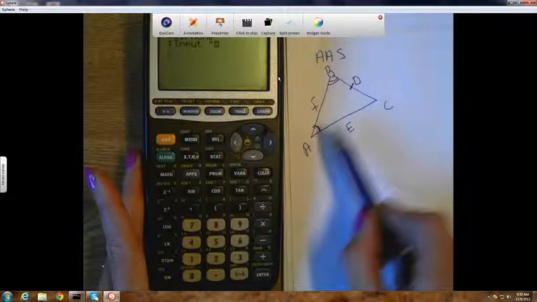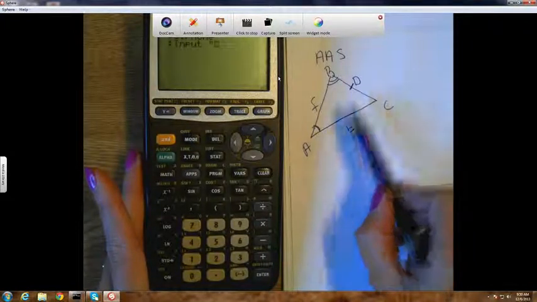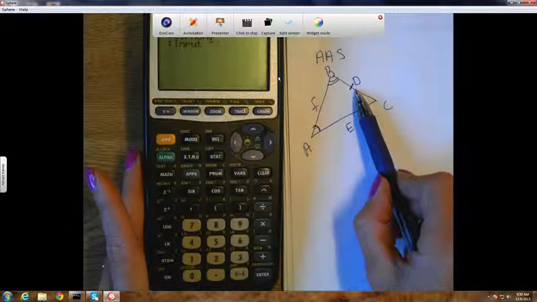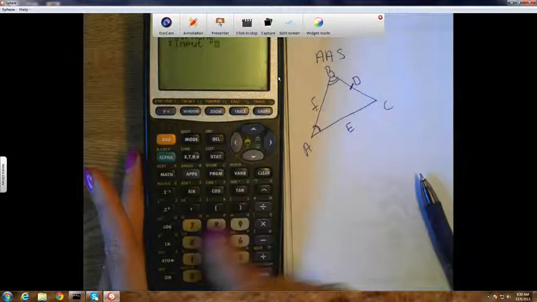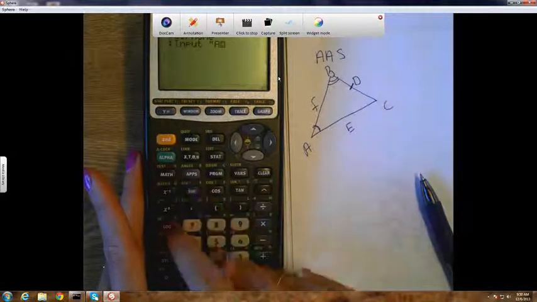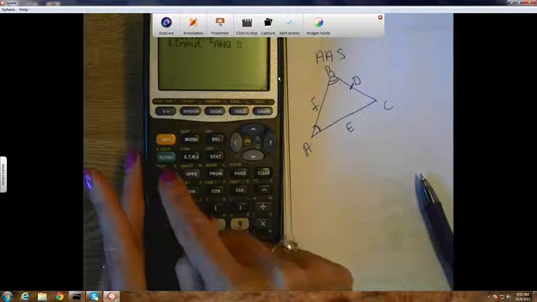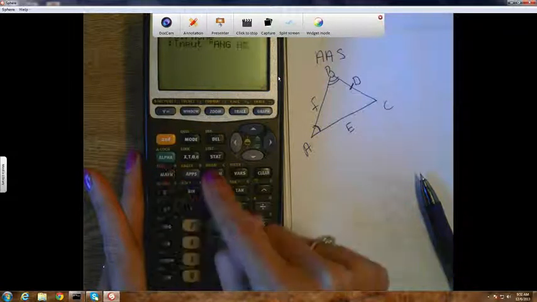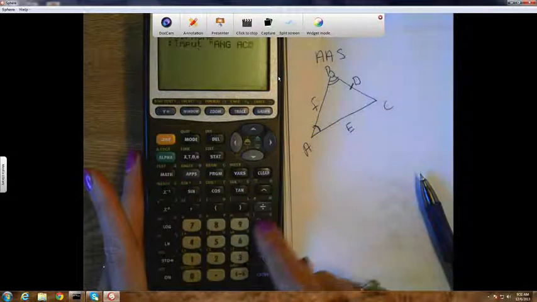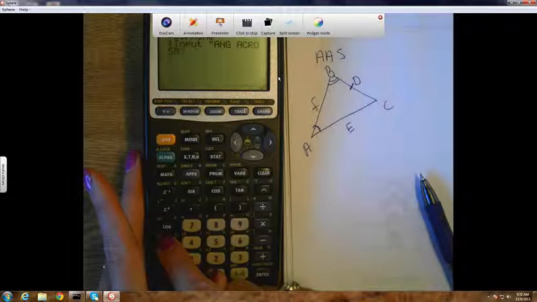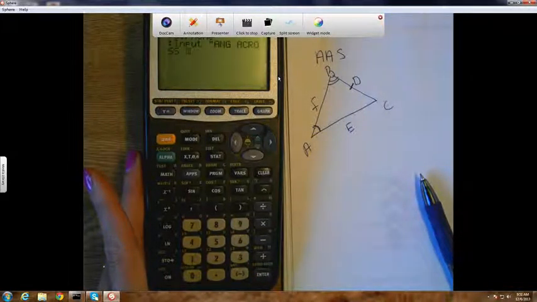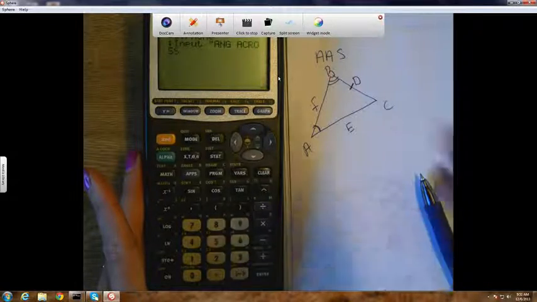Let's go for the angle across from the side, that way we'll know. So angle, I'm going to go ang, space. Can I type an angle? You can type in whatever you want. I kind of like an angle across side. If you get too long, I don't think the whole thing shows up on the screen, but you can always come back in and change it if you need to.